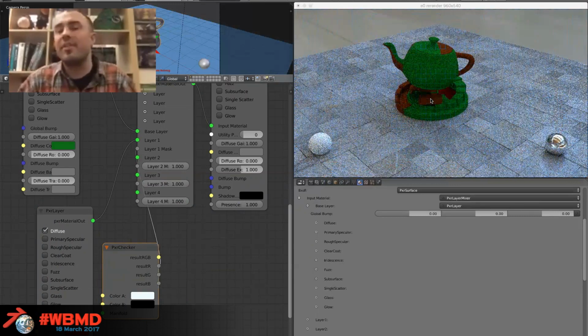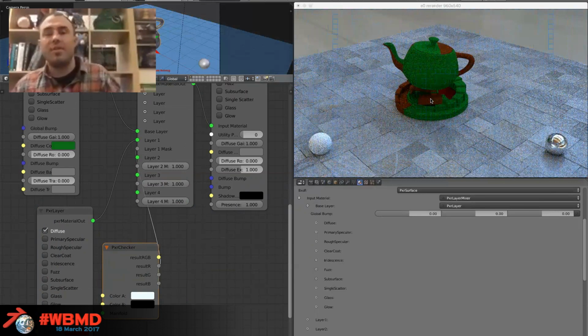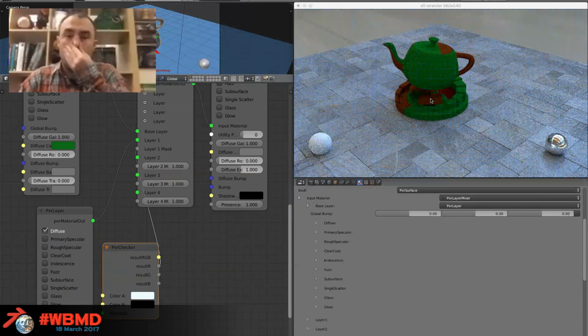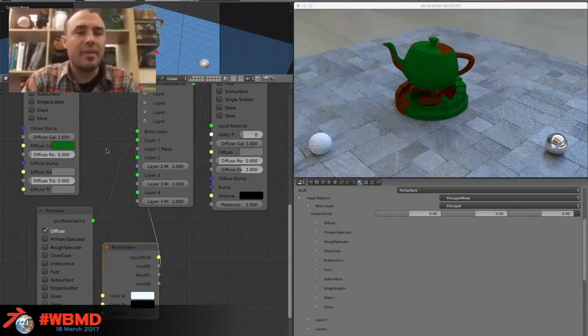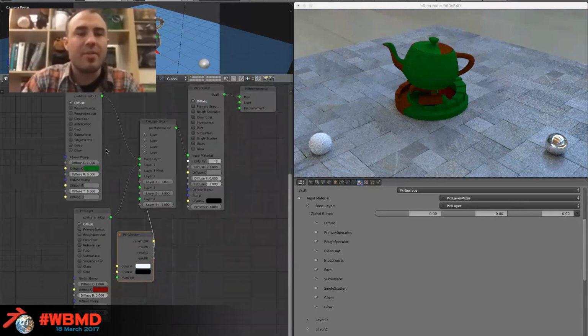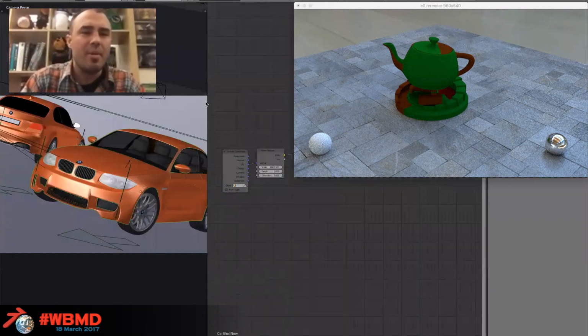This is a pretty simple example, but it gives you an idea of layering and mixing between multiple layers. Okay, so I'm going to stop that render there. And it's a little bit overwhelming to look at from the beginning, but the nice thing is that if we bring in something like our BMW scene,